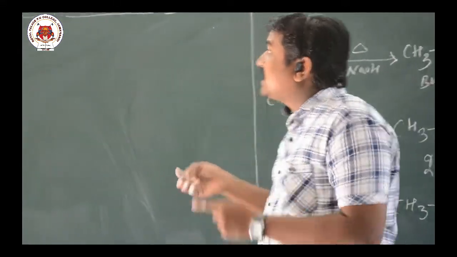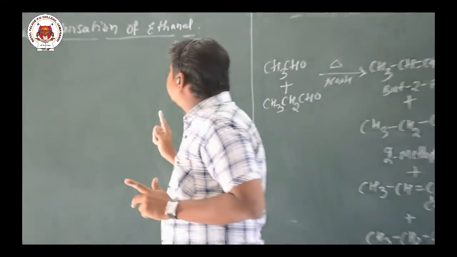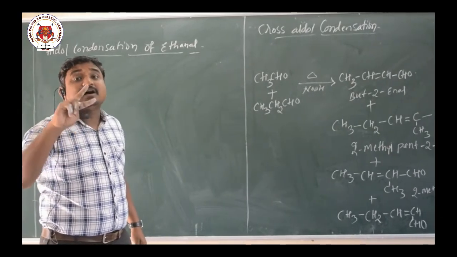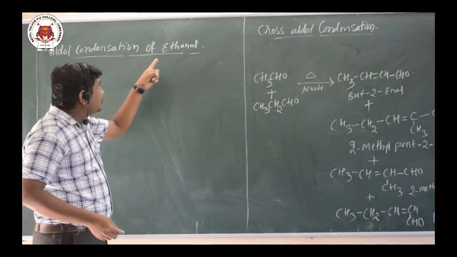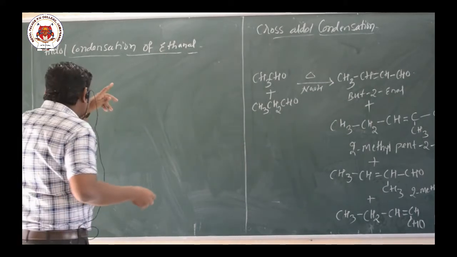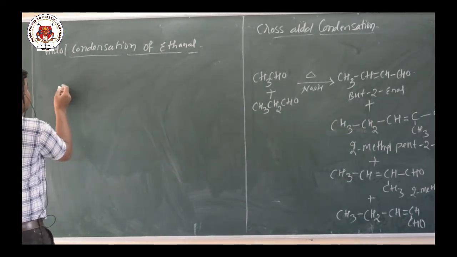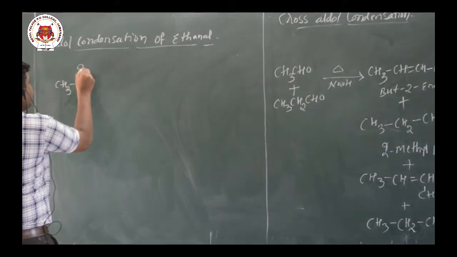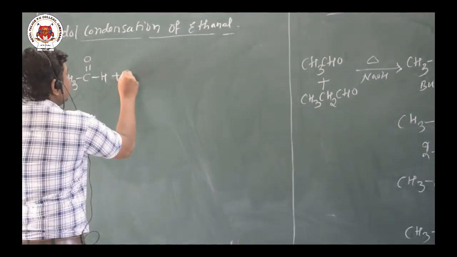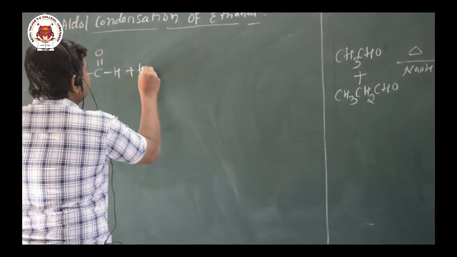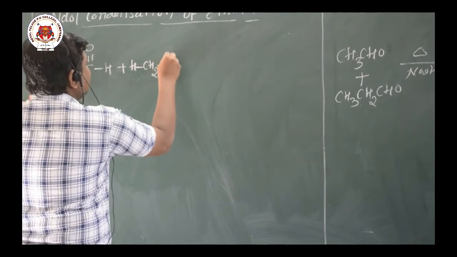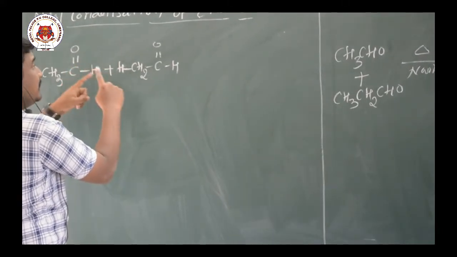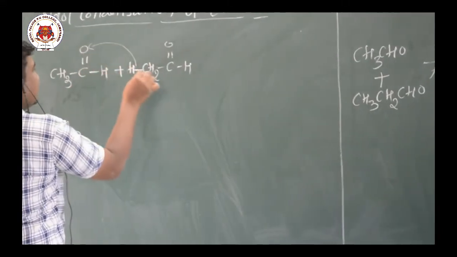Here I will take one example for the aldol condensation of ethanal. As I told, it is a condensation between two same aldehydes or ketones. So here I have taken the condensation between ethanal. First you have to take two same ethanal molecules. So I will write here two same aldehyde groups. This is an ethanal. I will write again here ethanal only, CH2 C double bond OH. So same aldehydes, two ethanal molecules only. Now this hydrogen adds here, this CH2 adds here as it is.